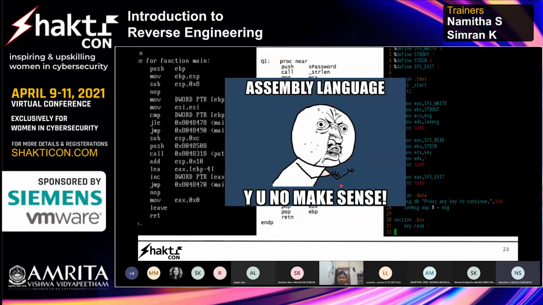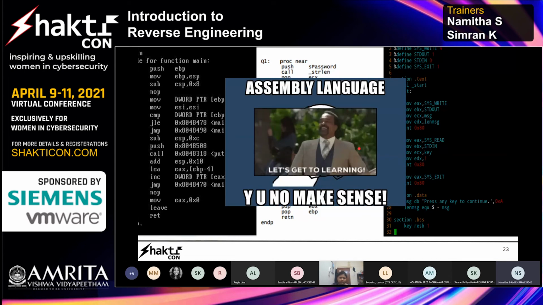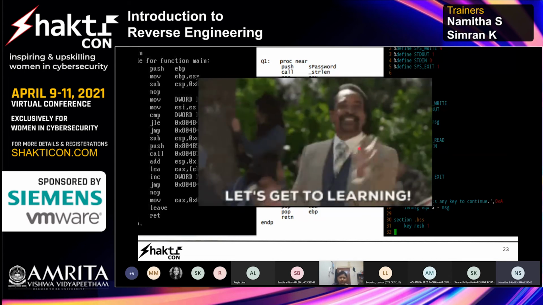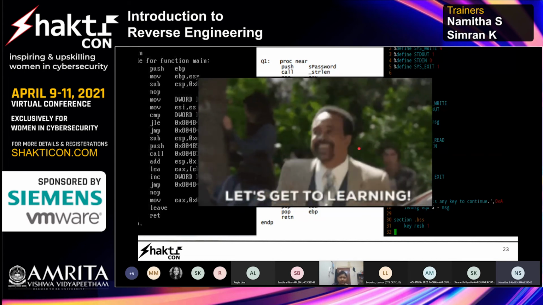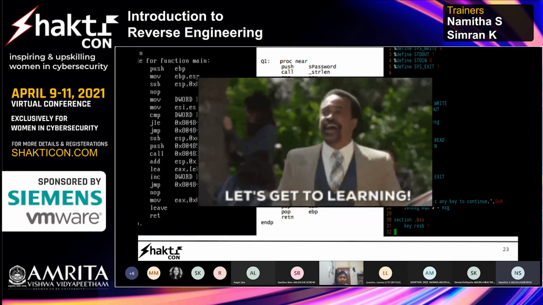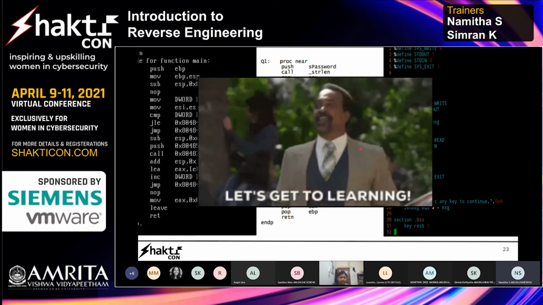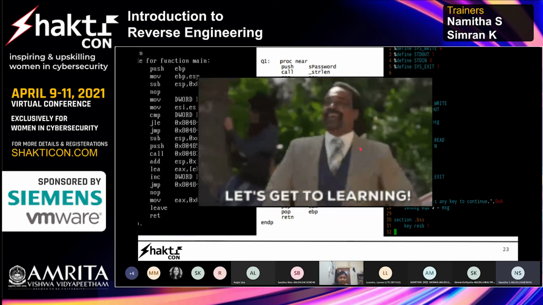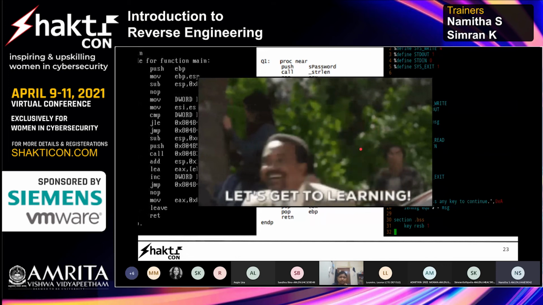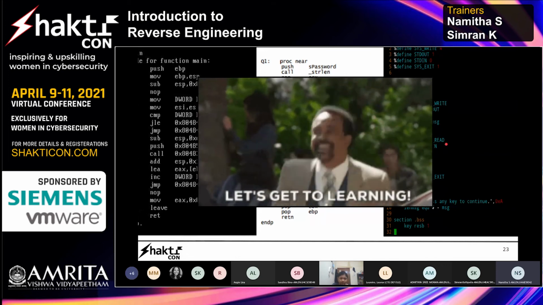As me, as Imran, everyone, we all started as beginners, so we might not have had much idea about what it is. So what you have to do is learn each and every instruction and what is actually happening. That's the only way you can understand how it works. I'm not guaranteeing you can understand everything, but yeah, we can give it a try.